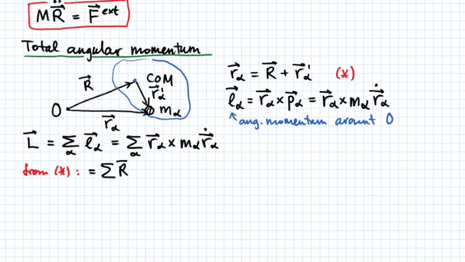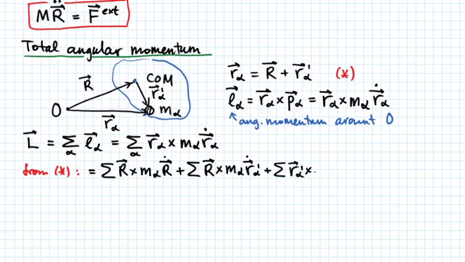The first term will be the center of mass R cross the sum of m alpha, R dot, center of mass, plus the sum of R center of mass cross m alpha r alpha prime dot, plus the sum of r alpha dot m alpha R center of mass dot, plus the sum of r alpha prime cross m alpha